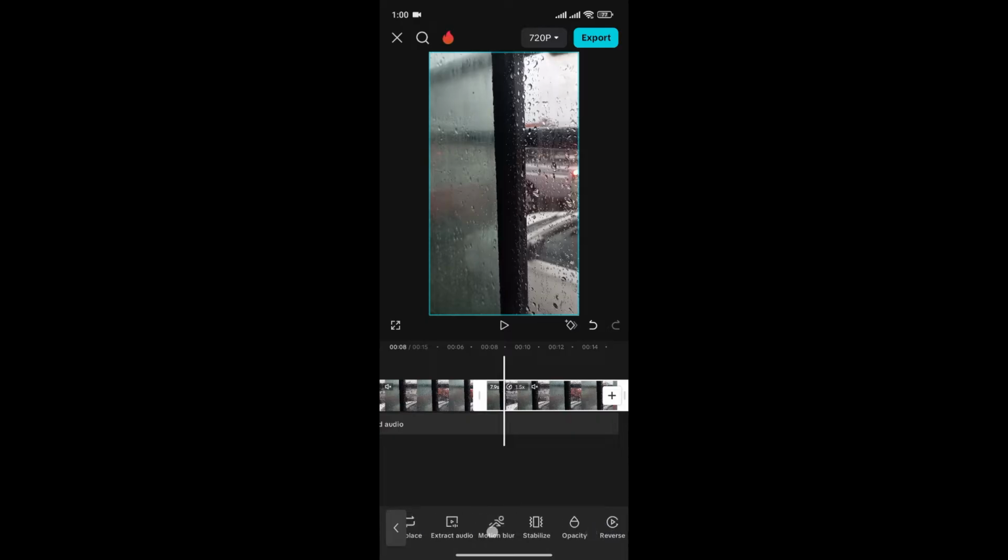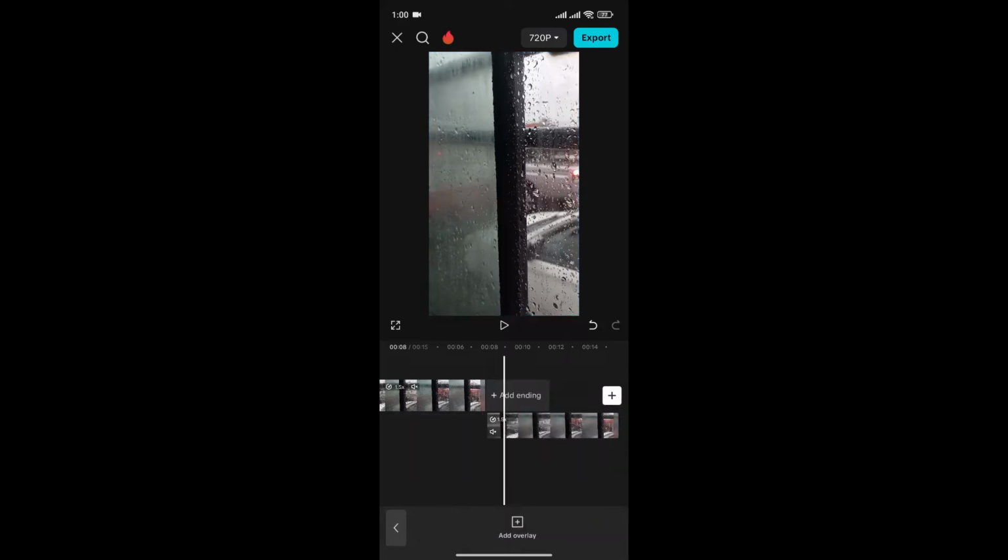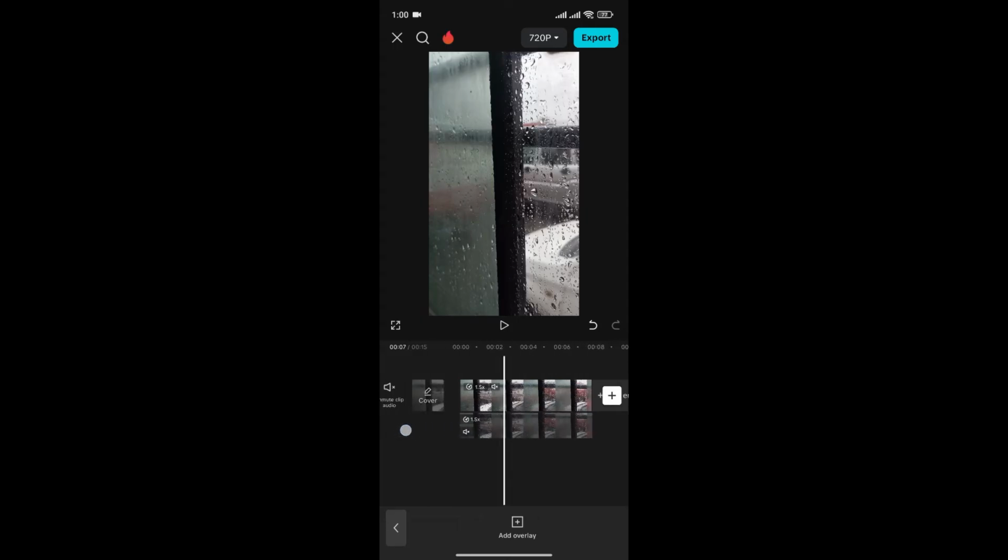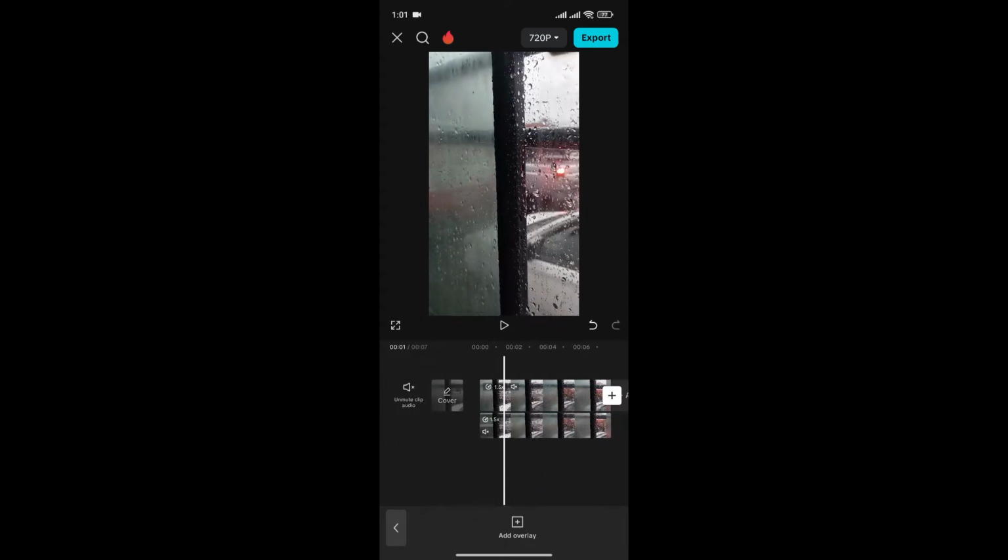To do that, scroll the menu until you see an overlay option. Click on it. Now take the video and align it with the main video. Once you align the video, now what you can do is select the overlay video and click on the remove background